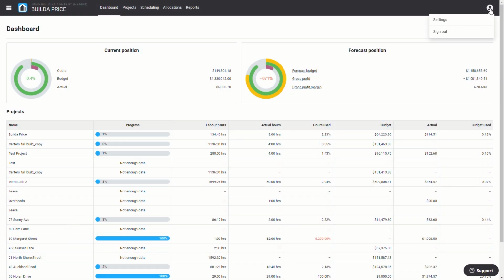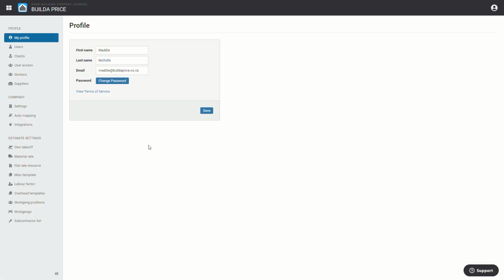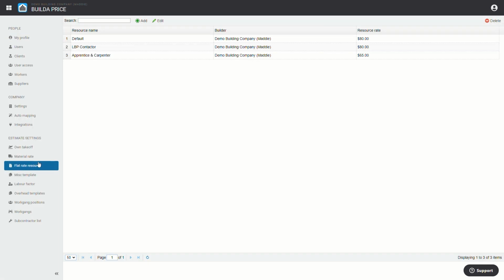the person icon and navigate to your settings. Select Flat Rate Resource. Your flat rate resources are the hourly labour rates that can be applied on different work